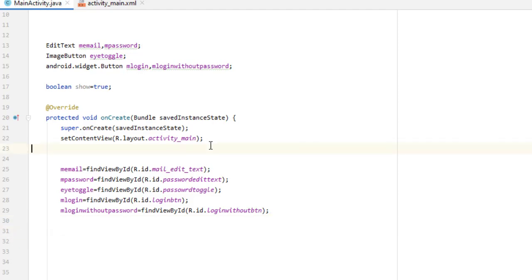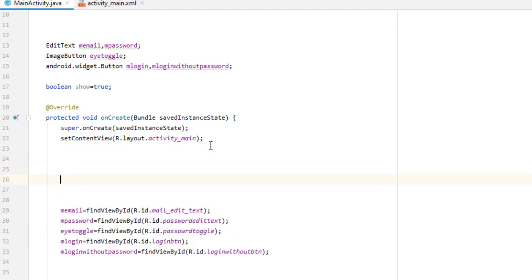Now first of all, before writing any code, I have to make a change inside our action bar. I want to set my action bar transparent and I want to change the color of the action bar. Why do I want to change the color of the action bar? Because I don't want to show anything, but by default the app name appears on the action bar. So I want to hide that app name, so it is better to change the color of the text.